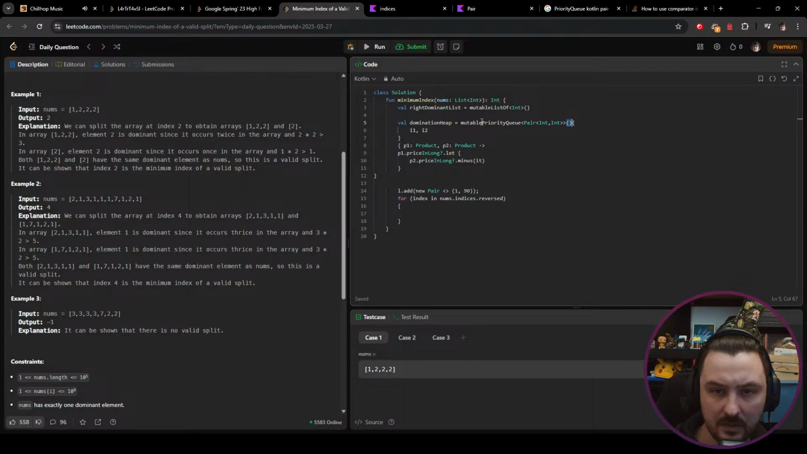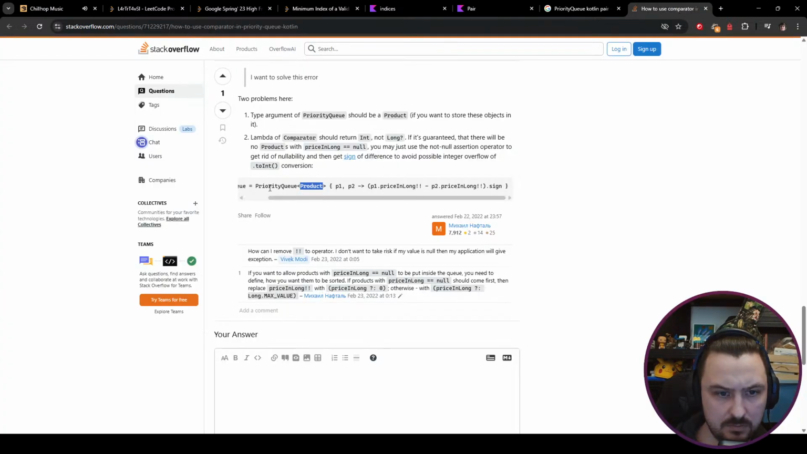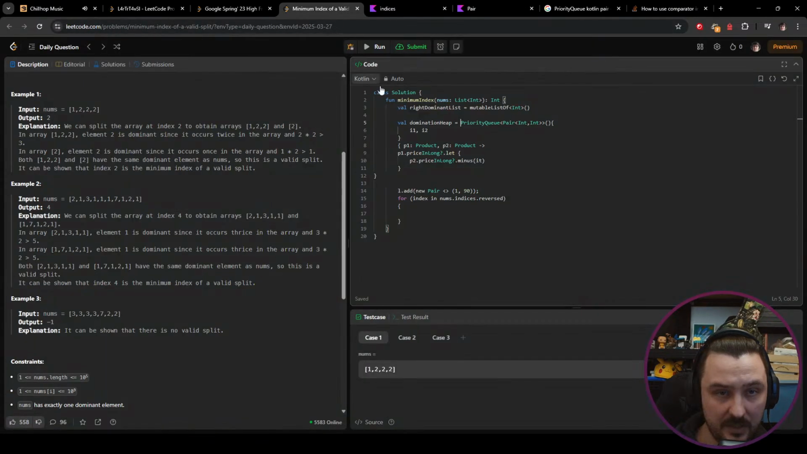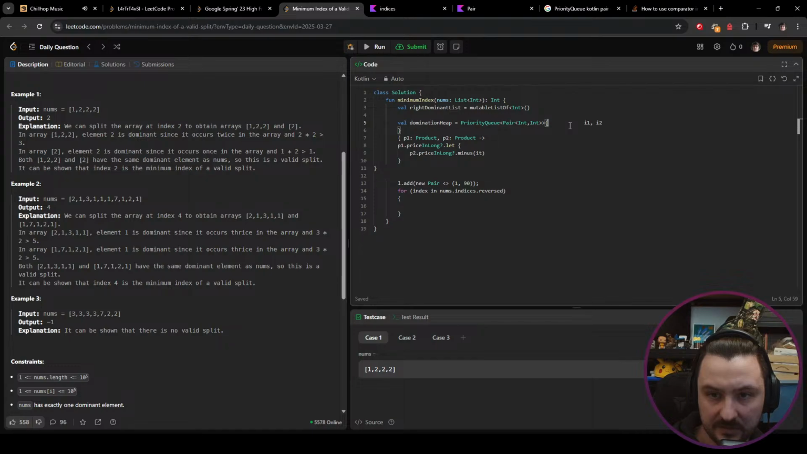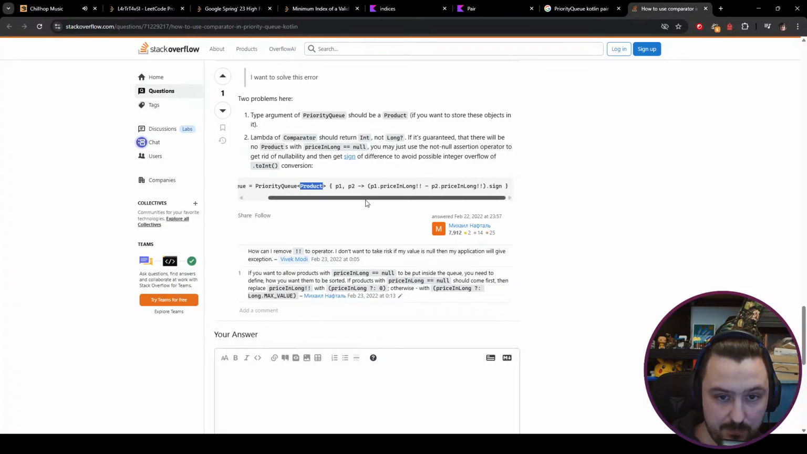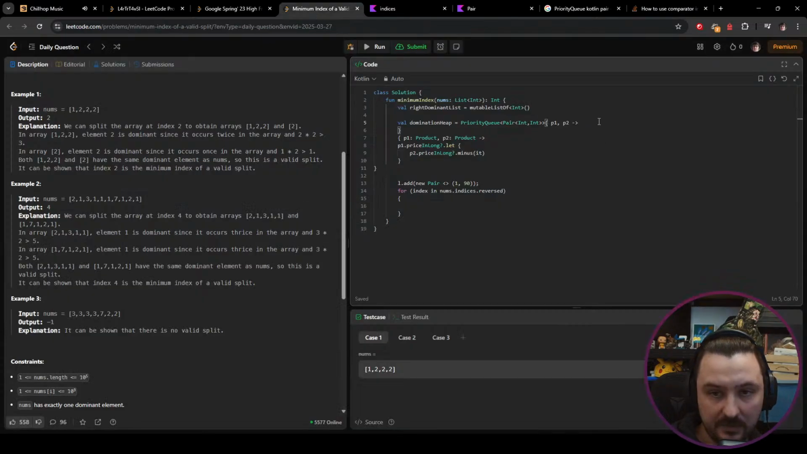Okay, cool. Priority queue. Where is it? Okay, priority queue. Then I'm not on opening these things. It's not integer actually. It's like pair 1 and pair 2, right? And then I do this thing, and then return the difference between them. So